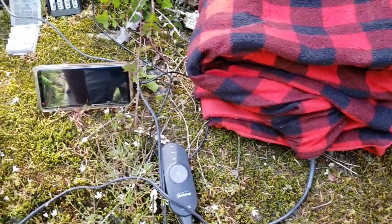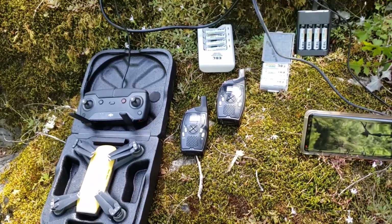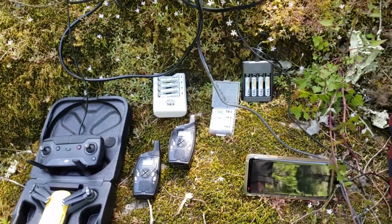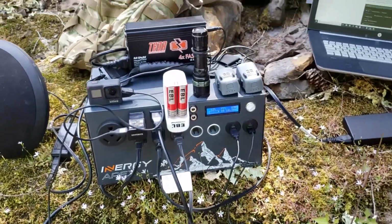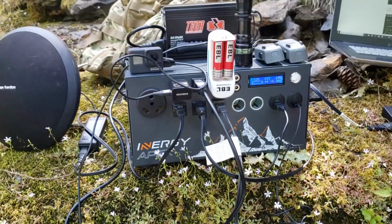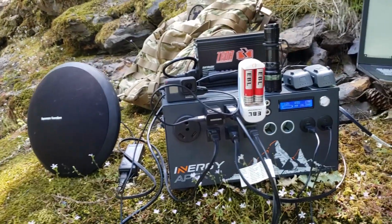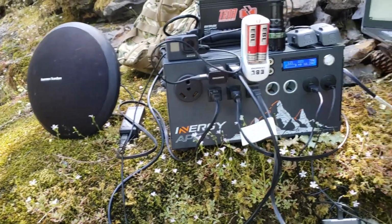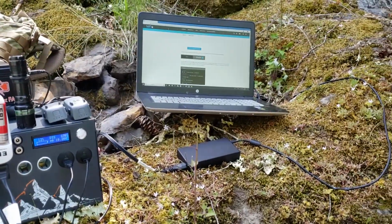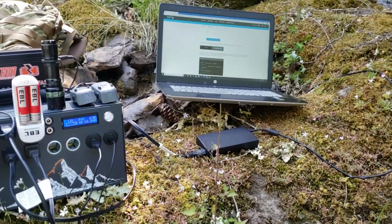We have an electric blanket, Galaxy S9. We have my drone batteries, the remote controls being charged, batteries for the walkie-talkies. We have rechargeable batteries for our flashlights there, the drone batteries up top, GoPro 7. We also have my quick charger that's charging up the batteries there, Harman Kardon Bluetooth speaker. And over there we have my laptop going on, and that's also being charged right now. So all that stuff